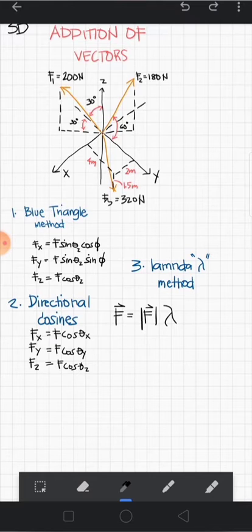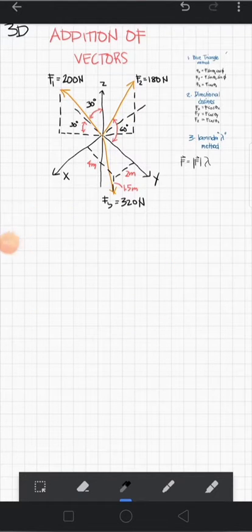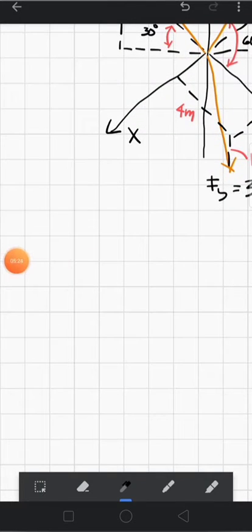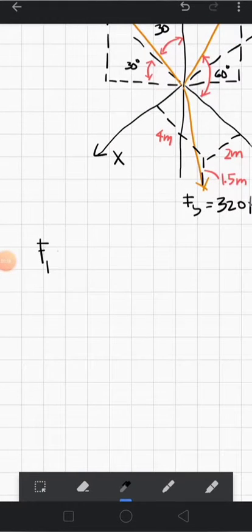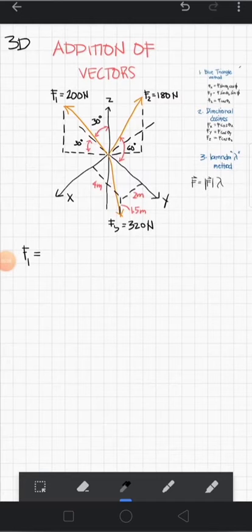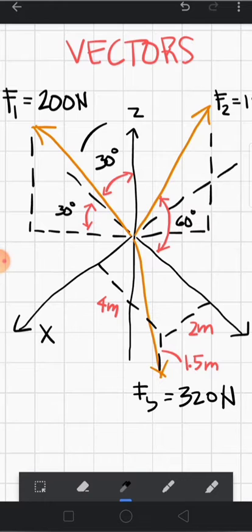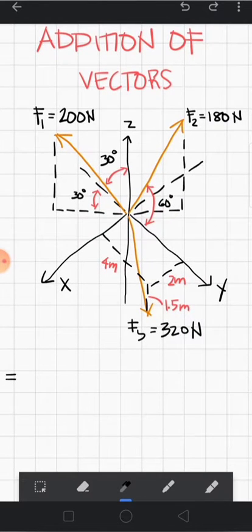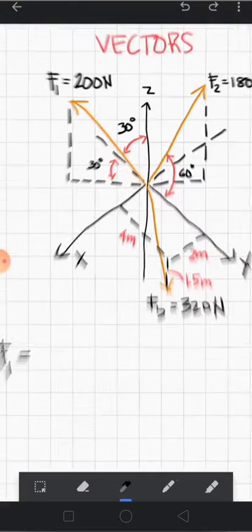So to understand more about this, let's solve this problem. For the first force, which is 200 newtons, F1, we cannot use the lambda method because we're given the angle. So we can choose if it's directional cosine only, or blue triangle method. And since what we have here is the angle between z and the force, and the angle between negative x or negative y to the force,